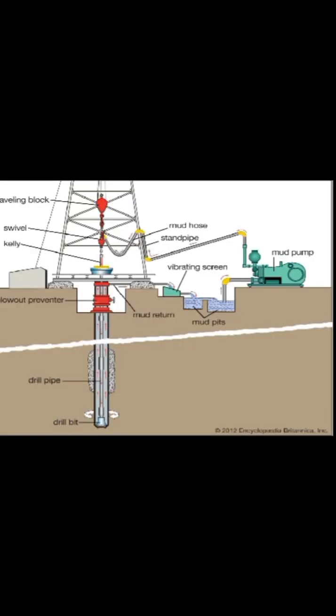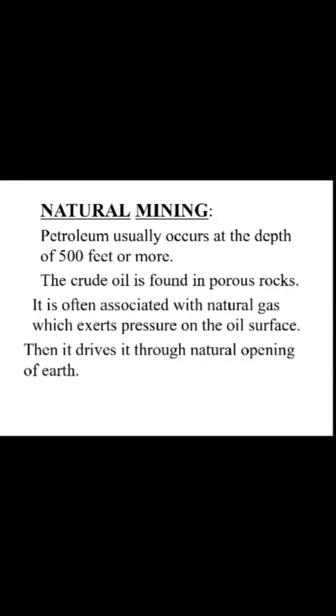Now let us discuss how they can be mined, how they can be extracted from underground. When petroleum occurs at a depth of about 500 or more, the crude oil is found in porous rocks. It is often associated with natural gas, which exerts pressure upon it, and then it drives it through the